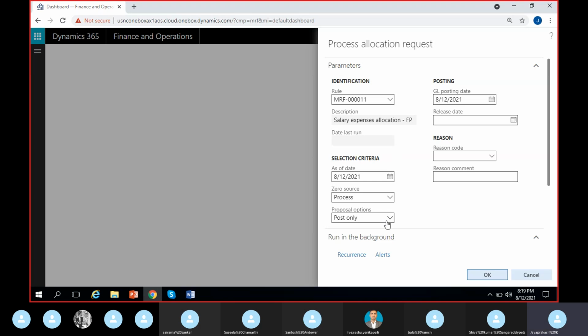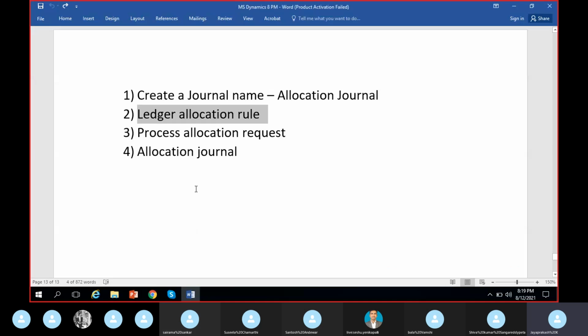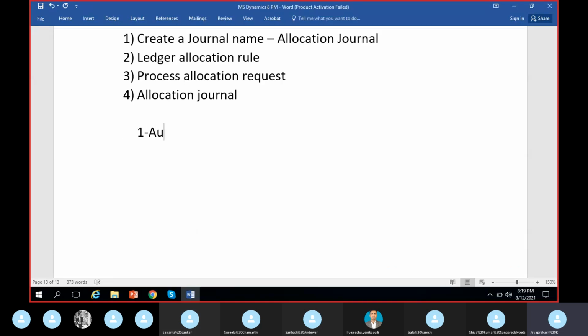Fine. Then JP, if you don't mind, can you explain as of date, proposal only or post only? As of date. Okay. So as of date means, I'll show it to you in an example. Suppose for 1st of August, the balance in